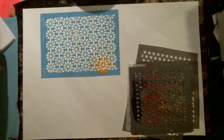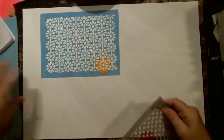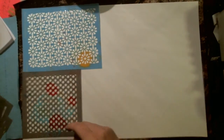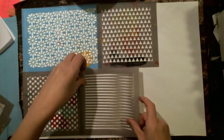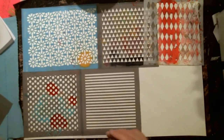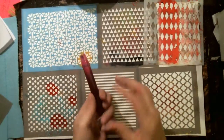So what I'm going to do is, this whole paper is going to be used. We've got to cover this whole paper because I'm not sure where everything is. So let's just throw our stencils down and have some fun with this, and play and spray and move them around to where we want after. I'm going to use my blue,